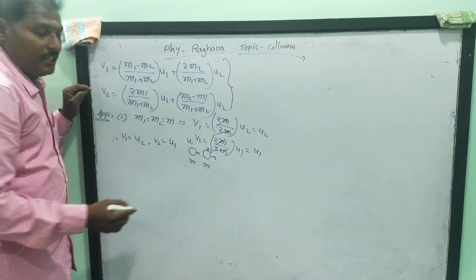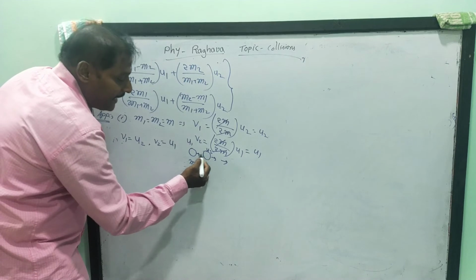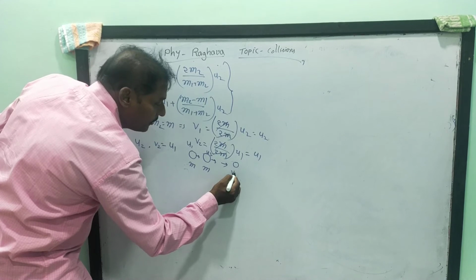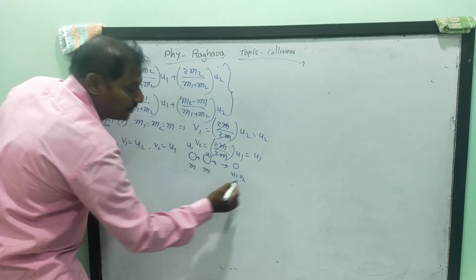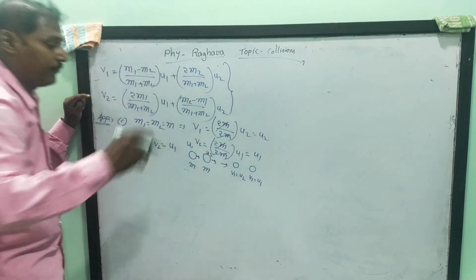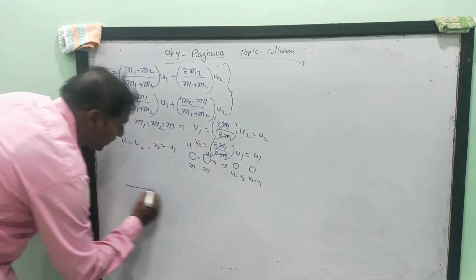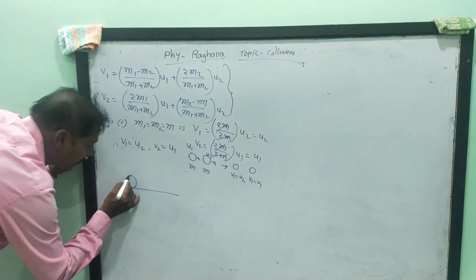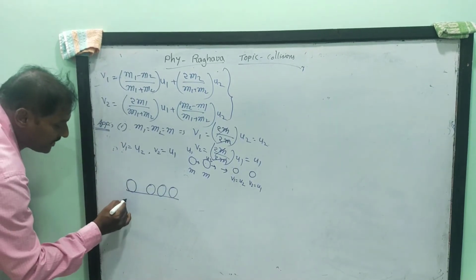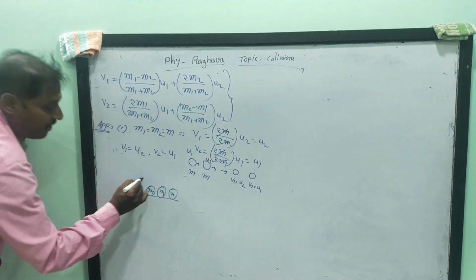u1 and u2 in the same direction. After impact, exchange of their momenta takes place. That is, the first body moves with the velocity of the second body before collision, and the second body moves with a velocity equal to the velocity of the first body before collision. That is, the exchange of momenta takes place. For example, four bodies on a horizontal surface. Body 1 is there, 2, 3, 4. All of them are equally massive bodies. These three are at rest.